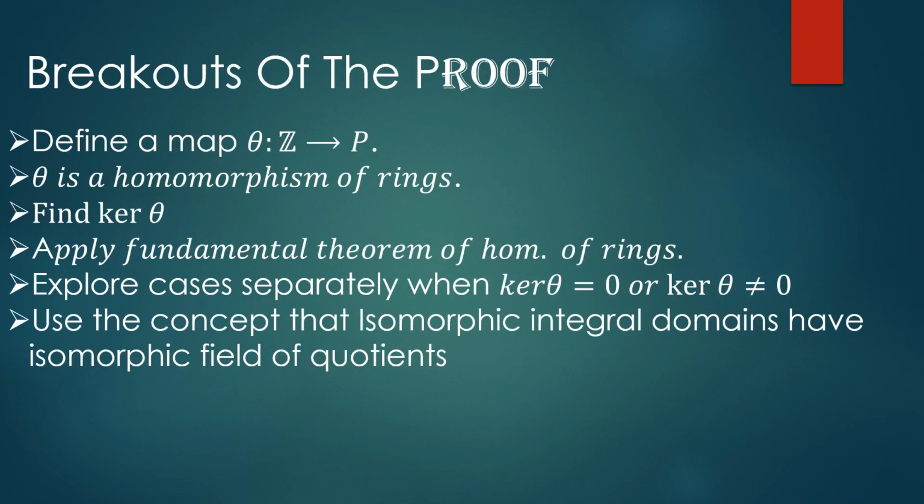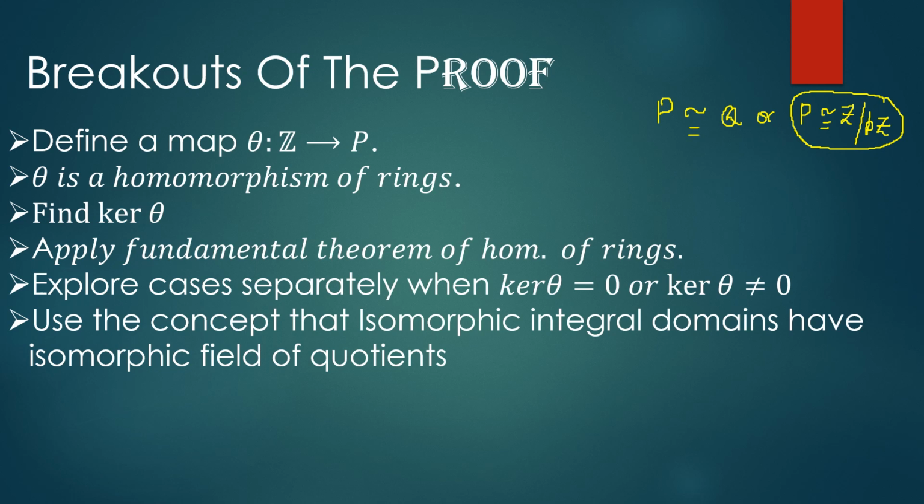So students, before going to the proof, we will discuss the important steps. And if you remember these steps, then your proof will be easy and you will never forget the proof. So we have to show that if P is a prime field, then either P is isomorphic to Q or P is isomorphic to Z/pZ. Okay. So if you focus on this,